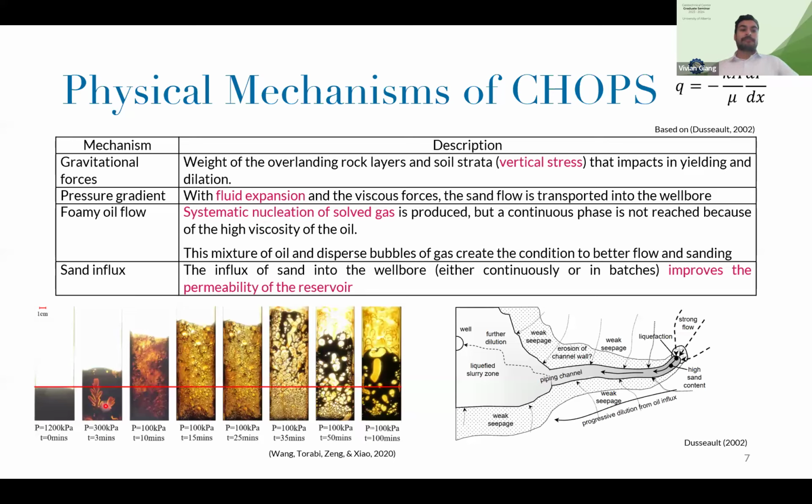You can see that here you have the oil, they decrease the pressure, and what happens is that these little bubbles, again, nucleate, they are released, but they don't form a continuous phase. So if you have this in your reservoir, you have these little bubbles that are expanding and pushing the oil out of the reservoir, and of course you have the sand influx. Here you have